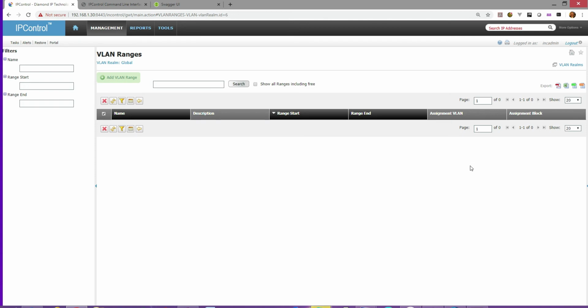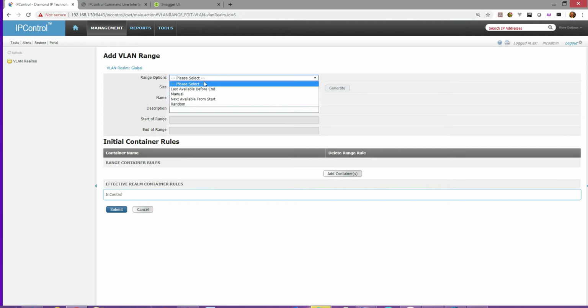But you may want to think about this in terms of how you use this for labs or multiple realms to help you represent truly where they are in the network. Now, other options you'll see here are exporting and then the ability to go back quickly to some of the crumb links, basically, when you came through here. Now, the other part of this is adding the VLAN realm or range, and I'm going to basically go ahead and select